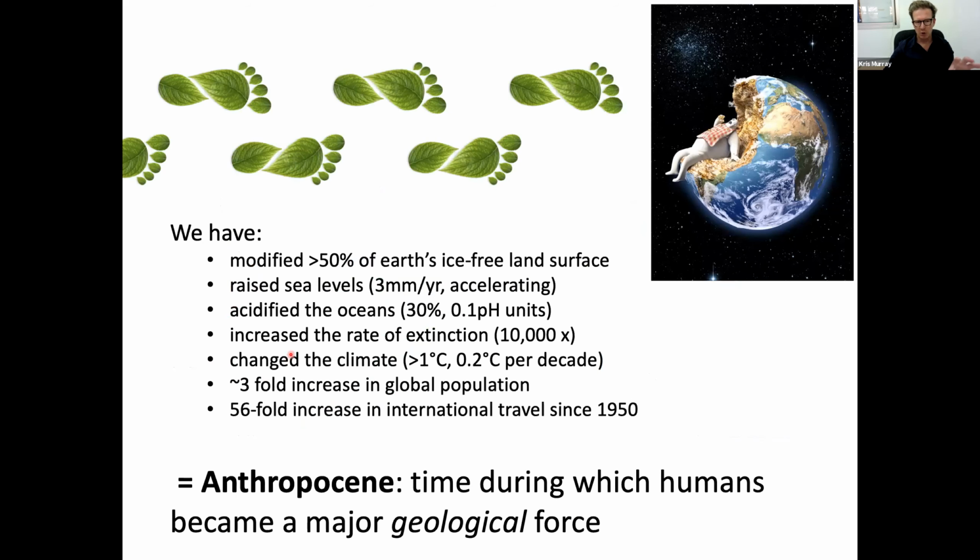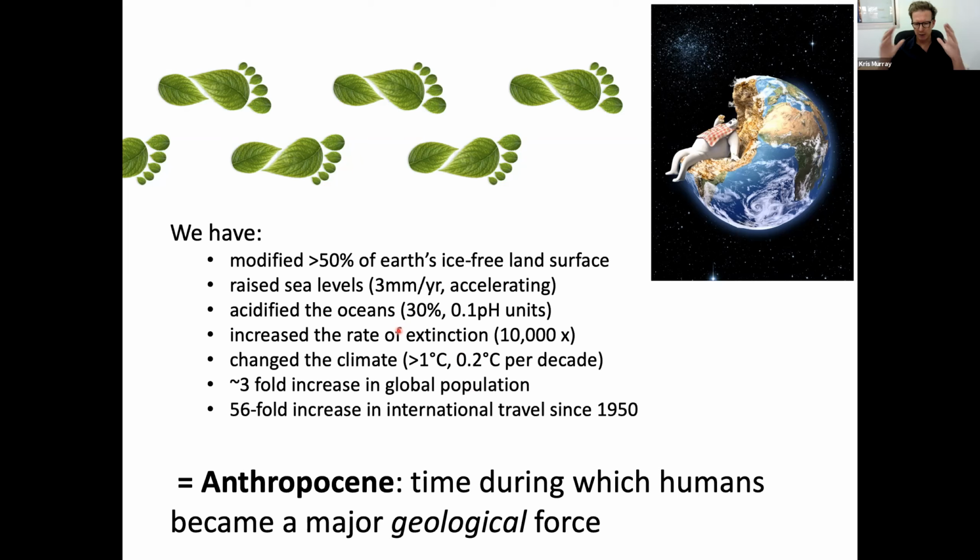So if we look at that model and then think about some of the things that we've done to the planet in the last, say, 100, 150 years, we've modified 50% of the Earth's ice-free land surface. We've raised sea levels by a couple of millimeters, and that's accelerating. We've acidified the oceans. We've increased the rate of biodiversity extinction by maybe 3 or 4 orders of magnitude. We've increased the global average temperature by more than a degree. There's been a 3-fold increase in global population just since 1950, and a 56-fold increase in international travel just since